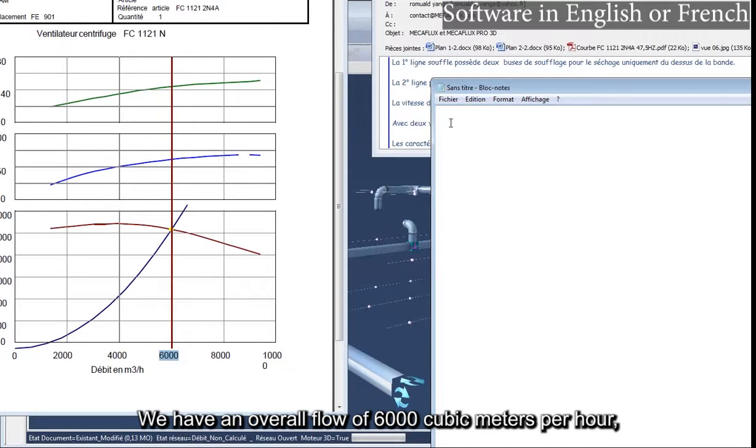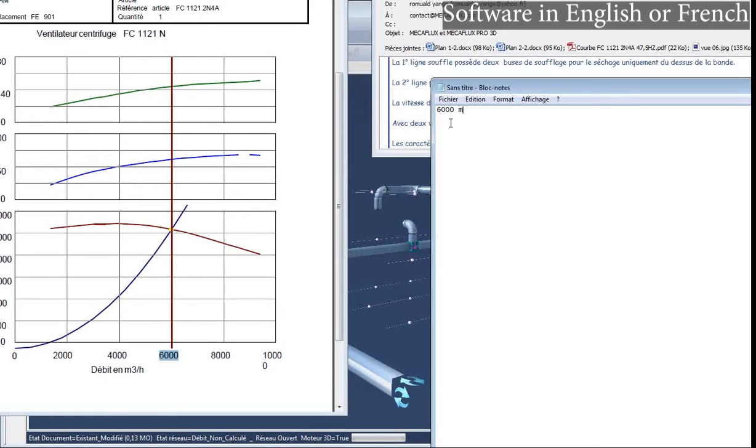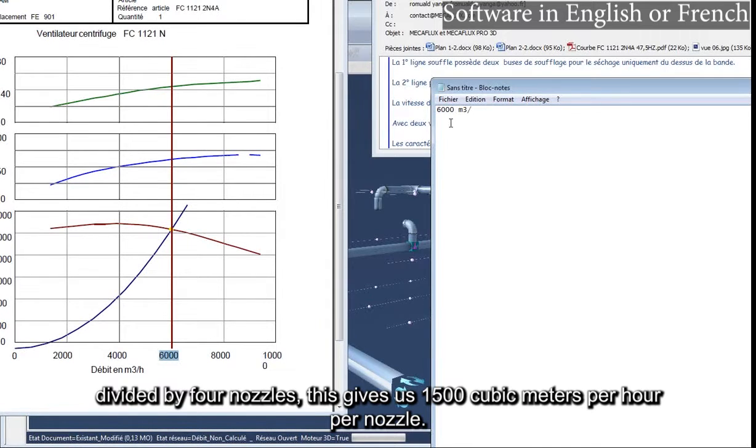We have an overall flow of 6,000 cubic meters per hour. Divided by 4 nozzles, this gives us 1,500 cubic meters per hour per nozzle.